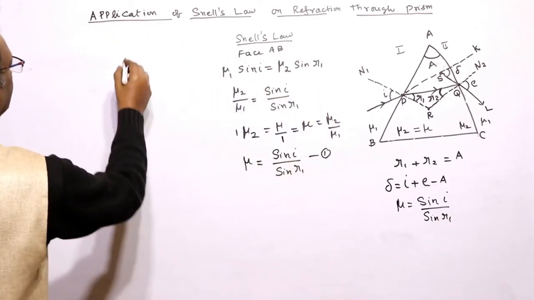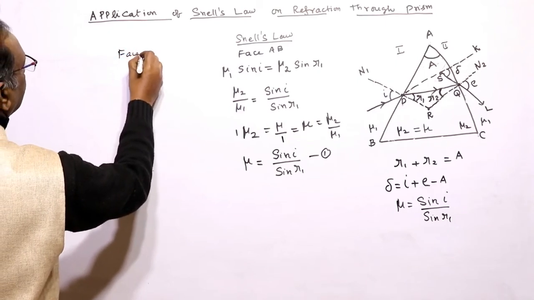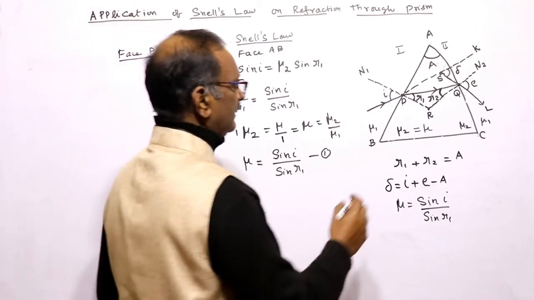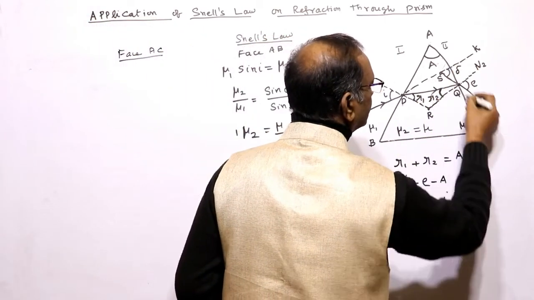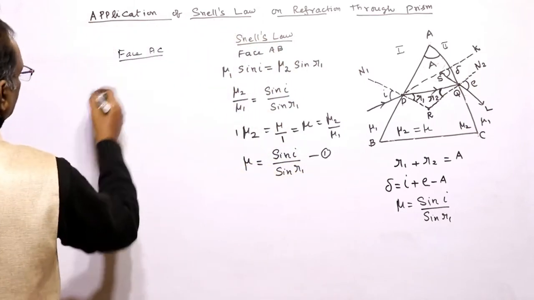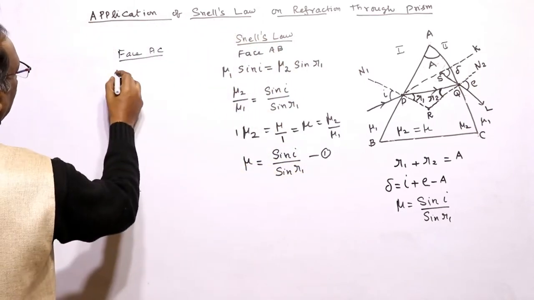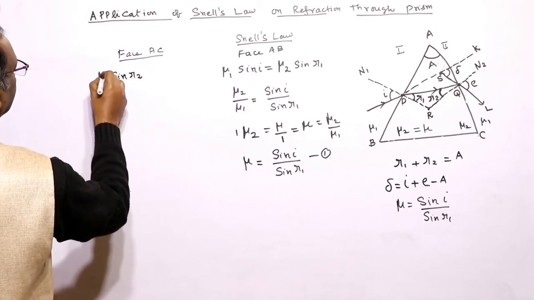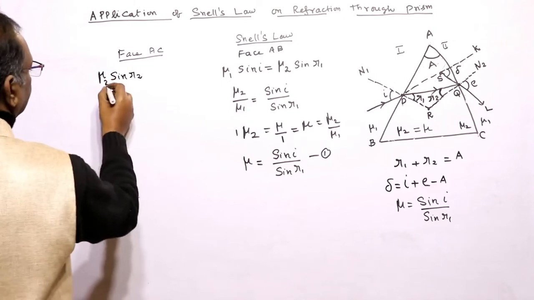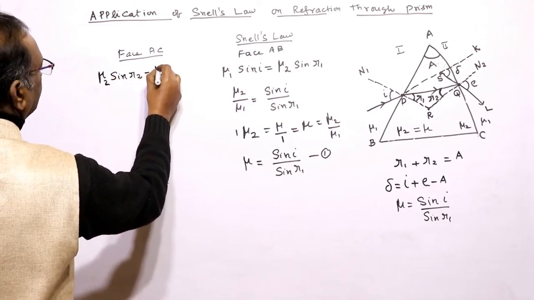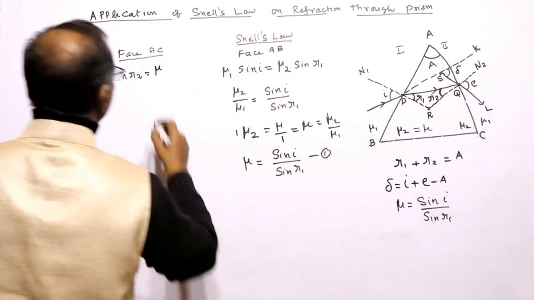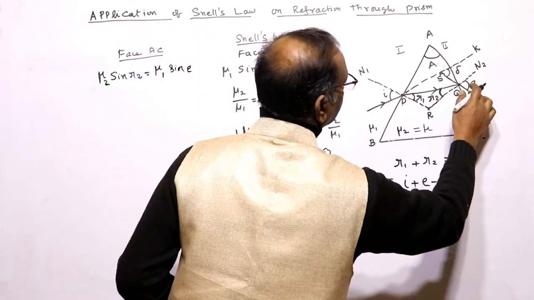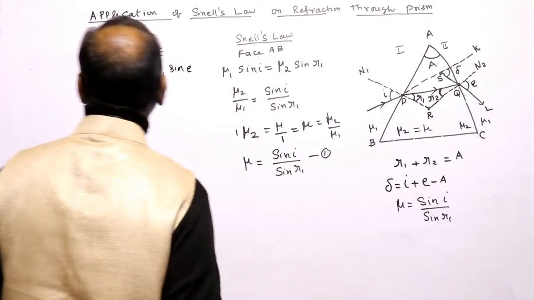Second, at the second phase, phase AC, R2 is the angle of incidence for the second phase. Therefore we can write sine of R2 into the refractive index of the prism material, mu2, is equal to the refractive index of the other side, that is mu1, into sine of the angle of emergence,